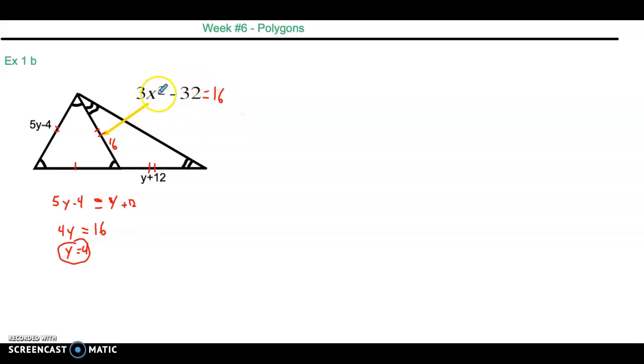That's how we're going to solve for x. Looking at this equation, first thing I'm going to do is add 32 to both sides. So I'm just going to work over here. 3x squared equals 16 plus 32, 48. To solve for x, I'm going to divide both sides by 3, and we get x squared equals